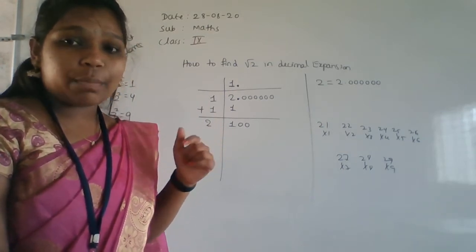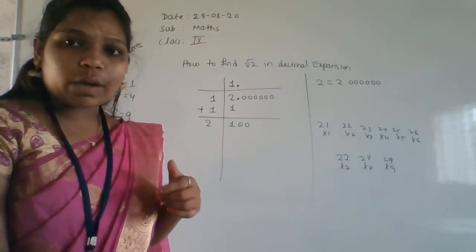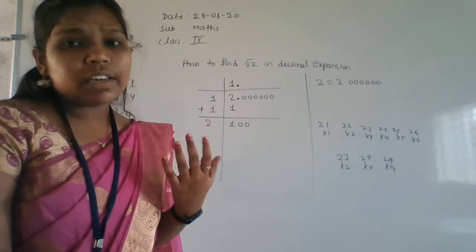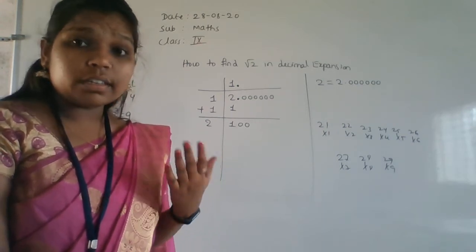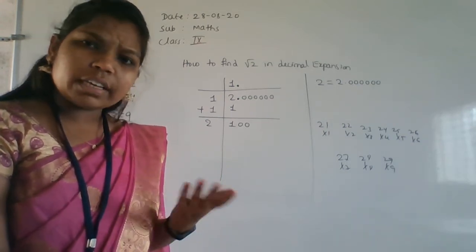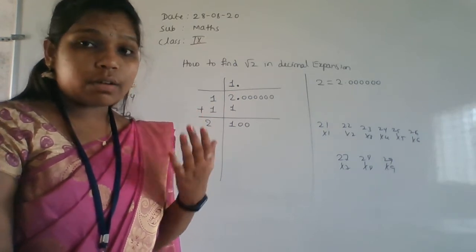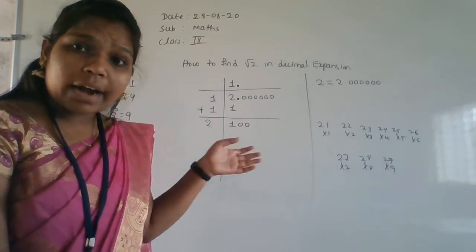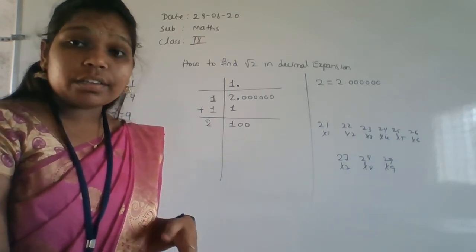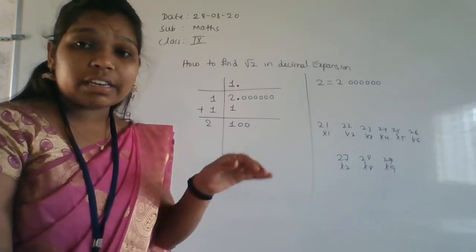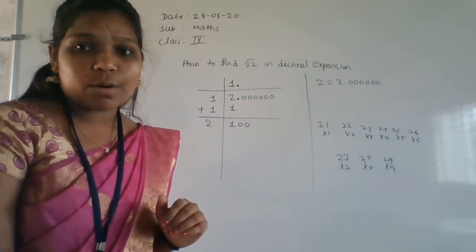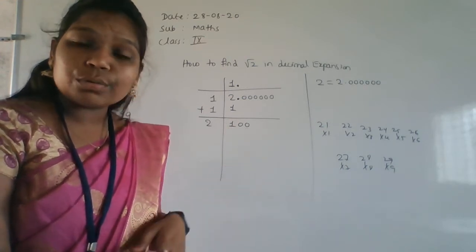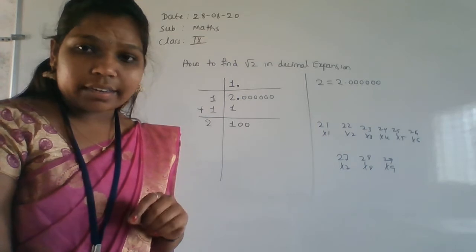So after that you will come to know how to do the divisions here. Whatever the perfect square root value is not there, that is an irrational number, we can find root 7, root 11, root 10, we can find all the values. Because if you go for higher studies, there will be problems where we have to add irrational numbers, that too in decimal expansion, and they will give options in decimal expansion. So if you know how to do this decimal expansion, then only we can do that, and after that we can put the right answer, right?